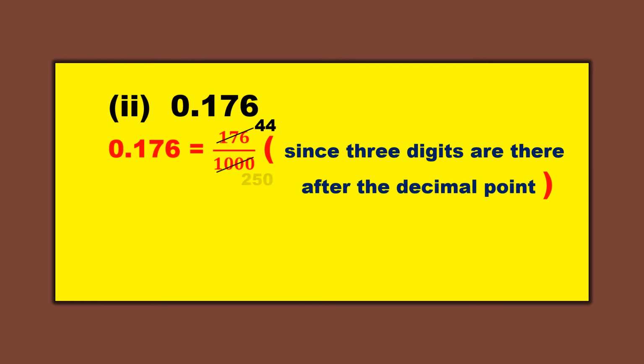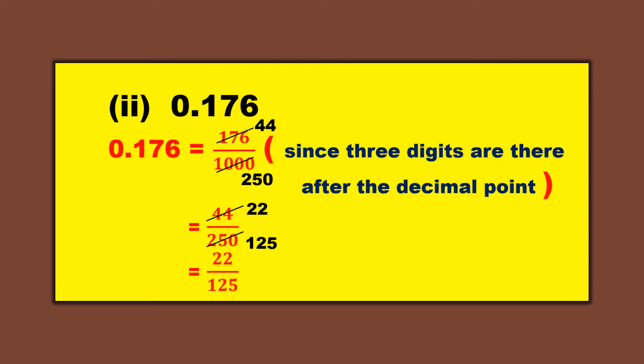So 4 2s are 8 and 4 5s are 20, and here I am putting 0 as it is. Okay, now I am writing this 44 by 250 as it is. Now it can be divided further because here it is 4 and here it is 0. So I will divide it with the 2 table. 2 twos are 44 and 2 125s are 250. Okay, so your answer is 22 by 125.